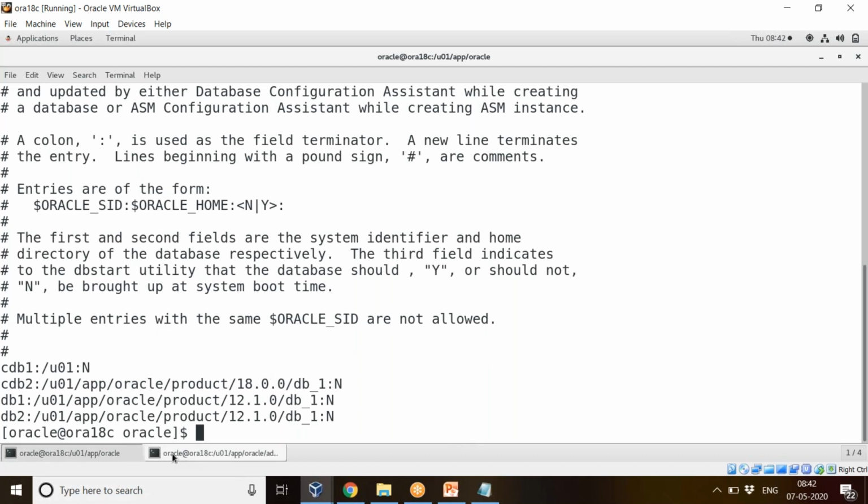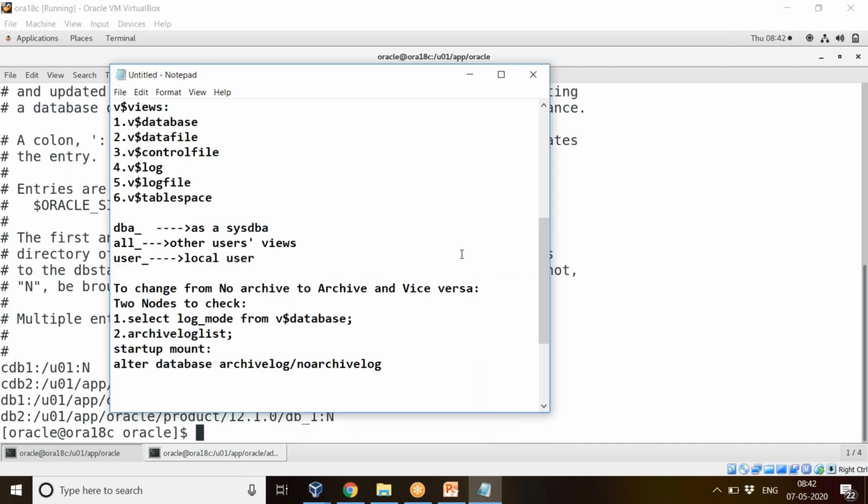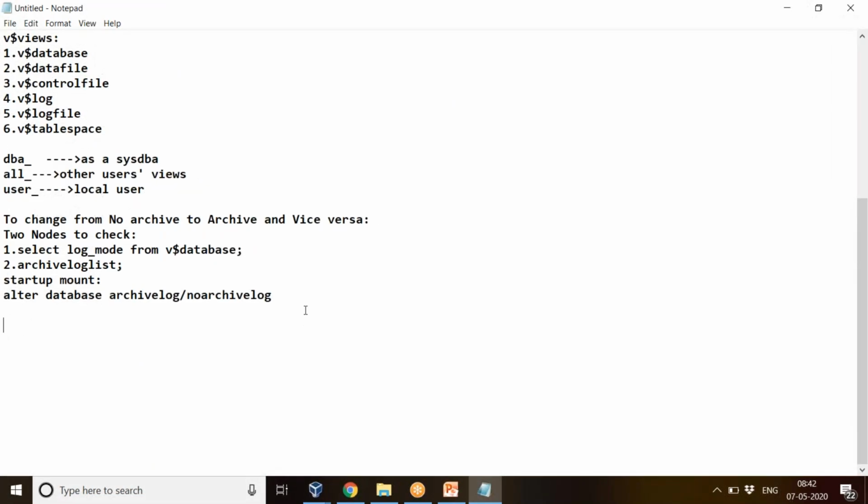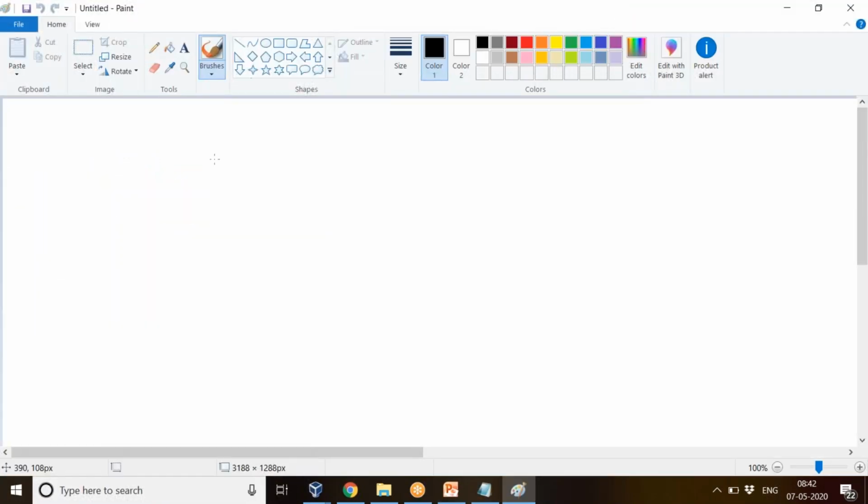We are using it. And the next one is we'll see about Oracle network environment. So what do you mean by that? See, Oracle network environment. You have your server and here you have your client. Fine.